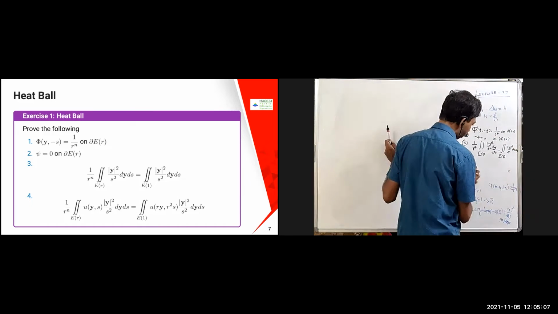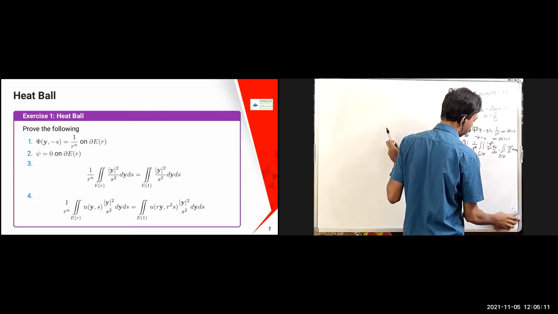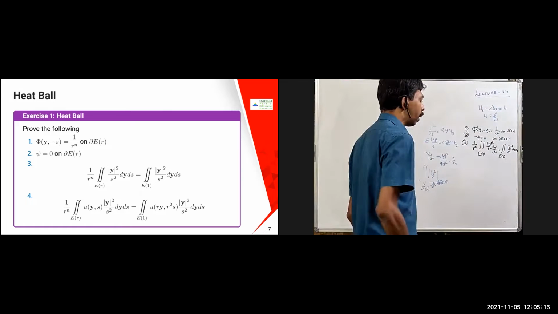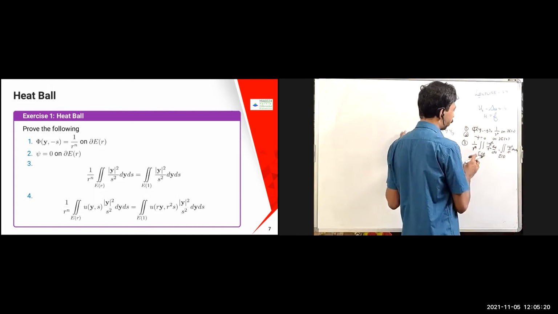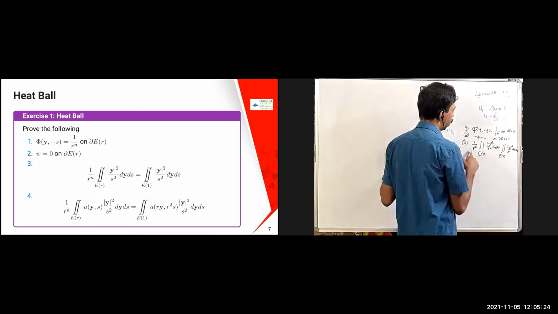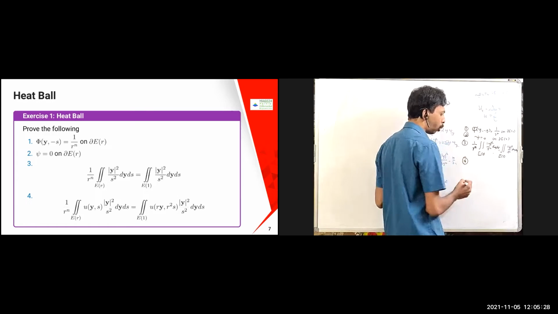The same thing as you get in the simple ball problem. If I have my unit circle, then pi is going to be the answer, whereas if it is a circle with radius r, then pi r squared is going to come. Similar kind of thing here. Mod y squared by s squared dy ds, you are going to get r^n if I multiply. Same thing. Now the fourth one, same kind of thing.